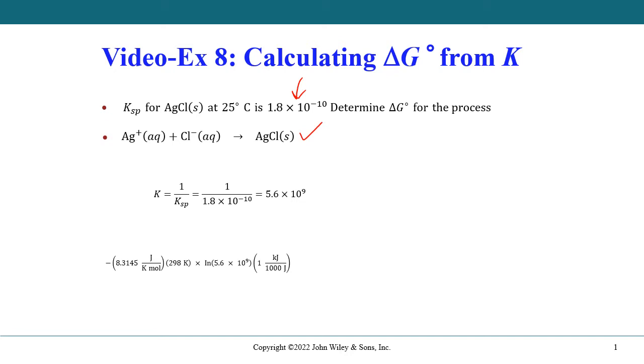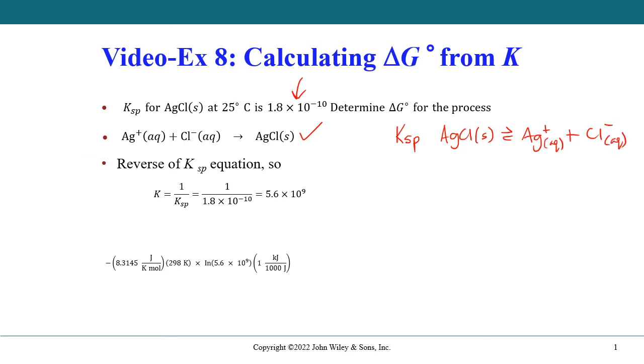Essentially what we have to do is the reverse of the KSP equation. So the K value is 1 over the KSP value. So generally the KSP is written for this reaction here. So we have silver chloride as a solid going to silver ions and chloride ions. Okay, these are all aqueous,